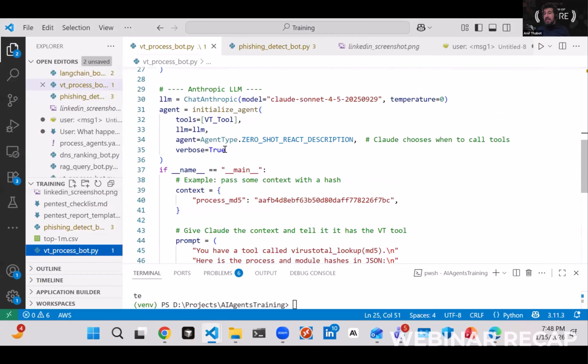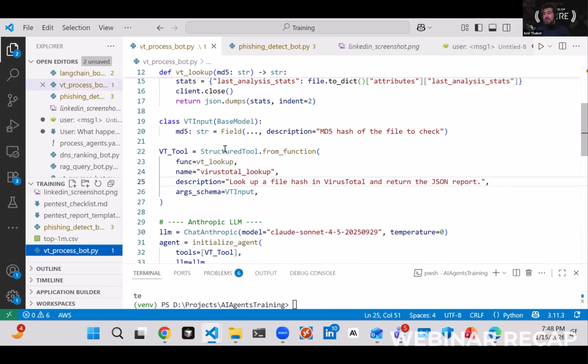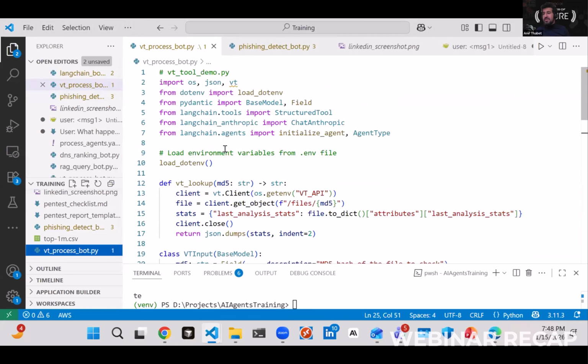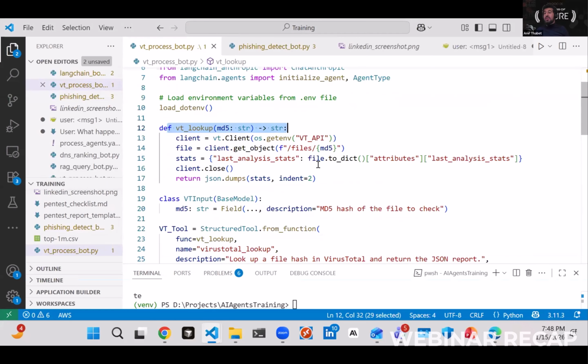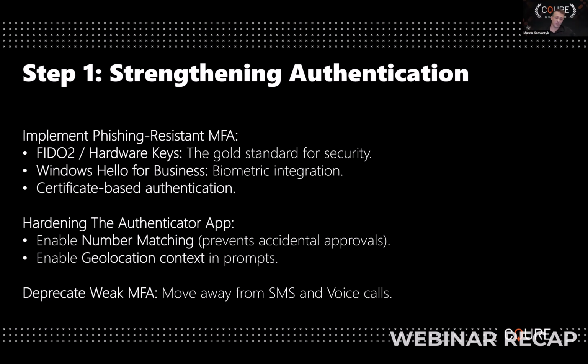I have here a small script, well, small-ish. Yeah, it's 50 lines, that's very small. And I have a tool here called VirusTotal Lookup that connects to VirusTotal using my own API and searches for a specific MD5. And the most important one, which we can choose and what we strongly recommend, is to implement